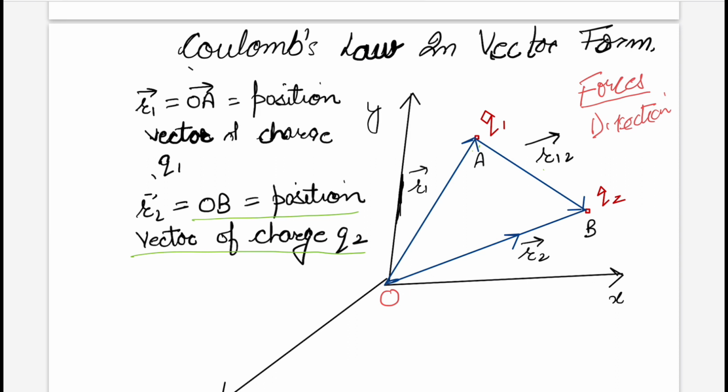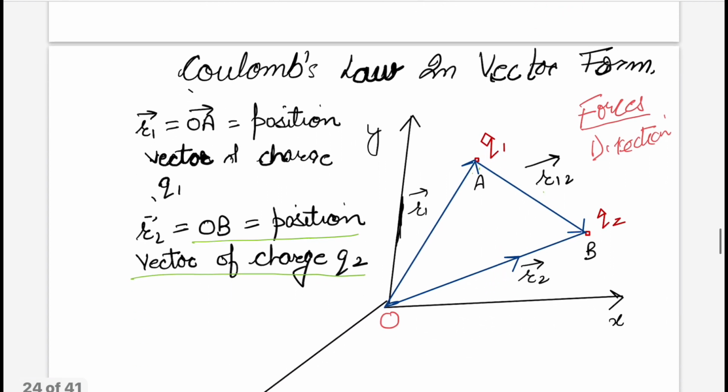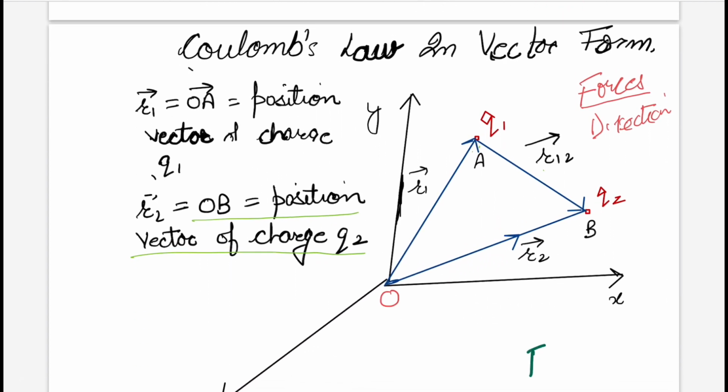Now, to discuss Coulomb's law in vector form, let us recall that we define Coulomb's law as F is equal to 1 upon 4 pi epsilon naught, Q1 Q2 by R square, where Q1 and Q2 are two charges separated by a distance R. So, in vector form, we placed the charge Q1 at point A and charge Q2 at point B, such that we have an origin O such that